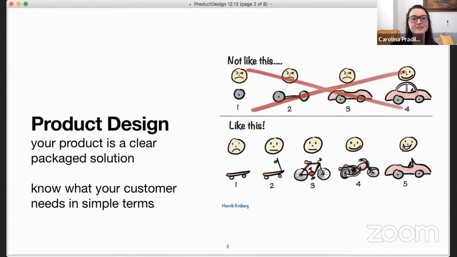So when we start with product design, it's very important to understand your product is a packaged solution. It's something that you conceive necessary for people out there and that they are going to need. So the most important thing when you are designing a product or a solution is to understand your customer's needs in very simple terms. Sometimes, and I do love this image because it says more than 1,000 words, we start thinking of our end product maybe down the line in 5 to 10 years, what could it be? And that's very important to have as a vision and a North Star, but do not forget